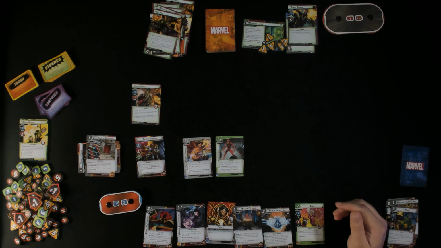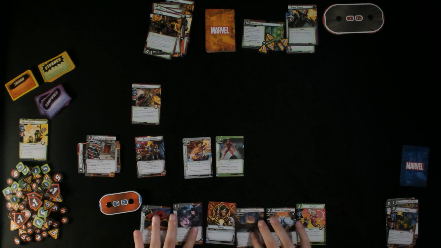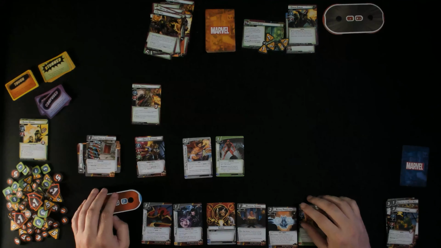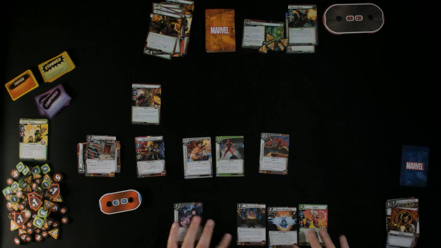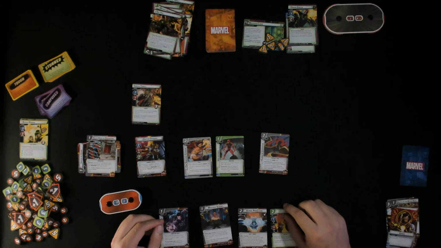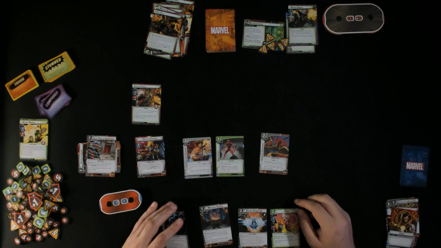Should be our turn currently. Hopefully. That we'll find out momentarily on what we can maybe do here. We're gonna use the genius to generate 2 to give us our Cloak of Levitation. We've needed this for a while now. Hopefully we can do something good with it. I think we are going to spend the...